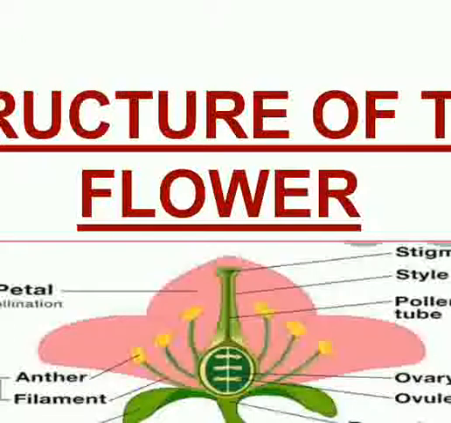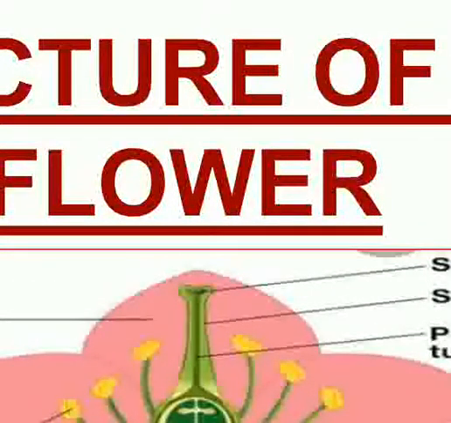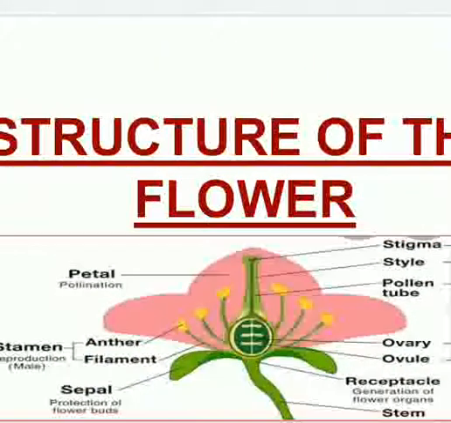Now, the pedicel has the upper swollen portion called the thalamus or the receptacle. As you can see here, it has the upper swollen portion which is called the thalamus or the torus. It is also called the receptacle as labeled here. Thalamus is considered as an axil of the flower. It bears 4 types of the floral leaves arranged in the successive whorls.